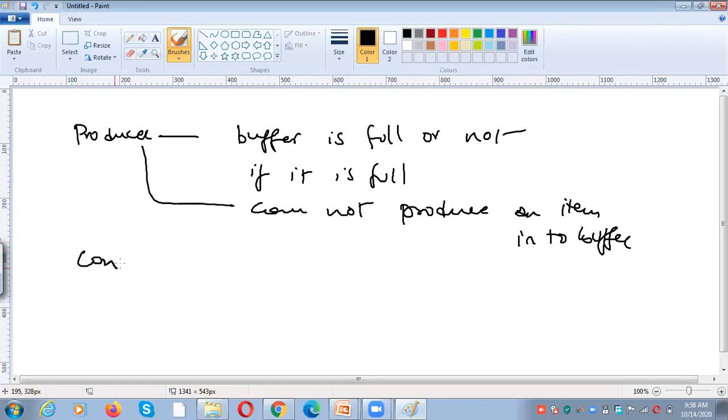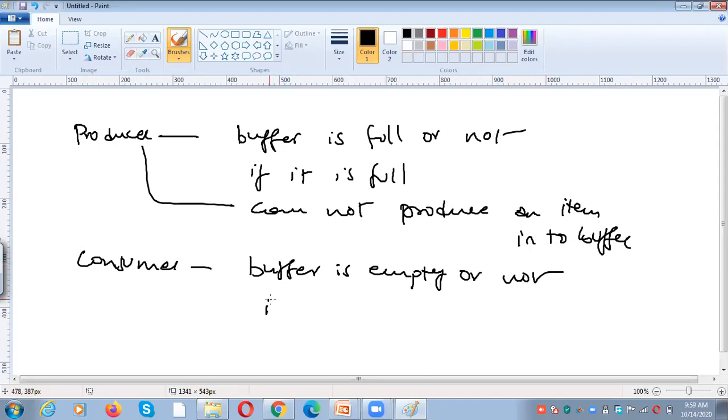And the consumer has to check whether the buffer is empty or not.